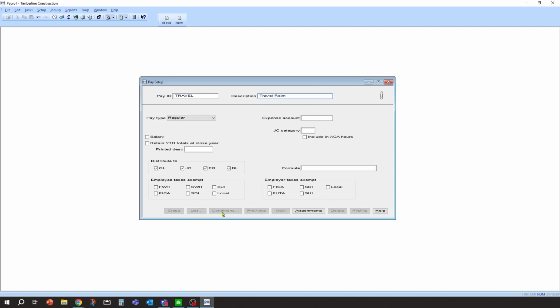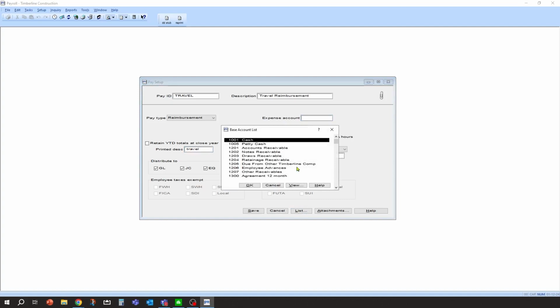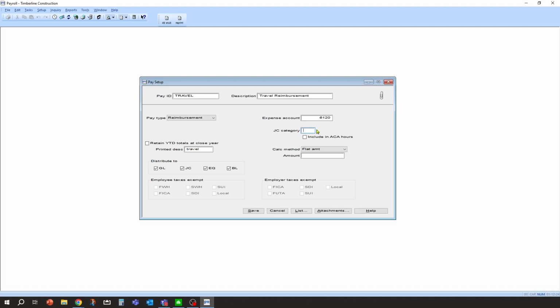We're going to create a reimbursement for that too. So again, I'll have a pay type of reimbursement. We'll call it travel. And I believe there is a travel one in here as well. Okay. And this one possibly could be coded to the project. So let's fill in the category amount. Travel reimbursement is going to be flat. Again, it's going to vary each week, so we're not going to fill an amount in here. Okay, so we can click Save, and we can click Close.